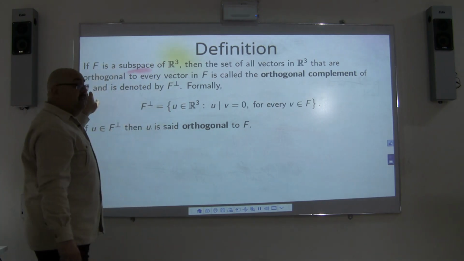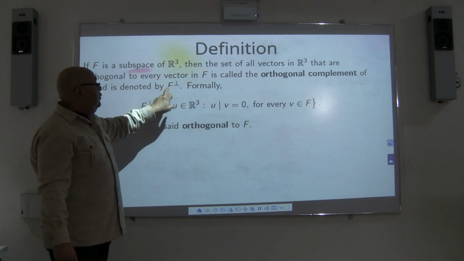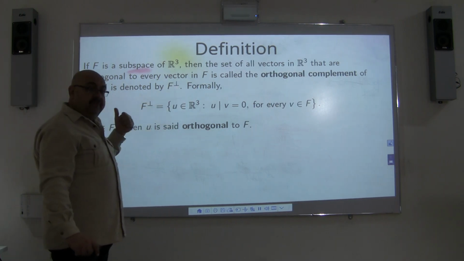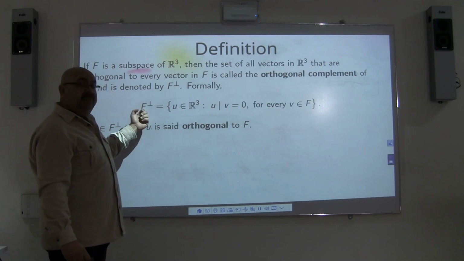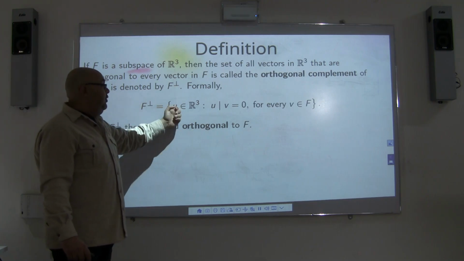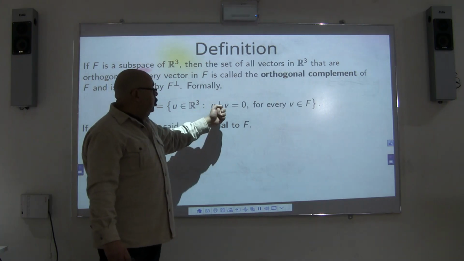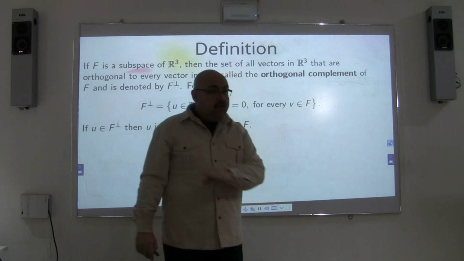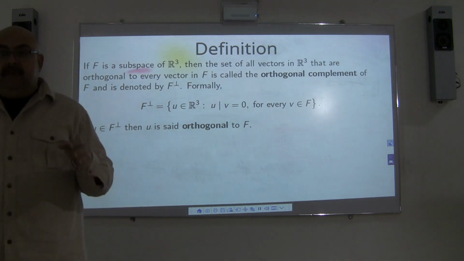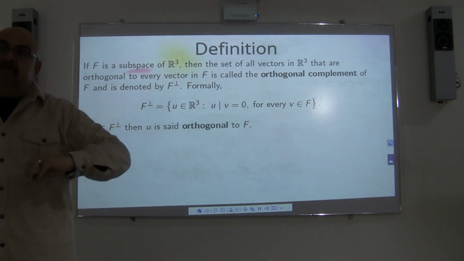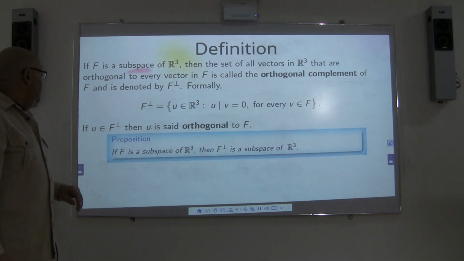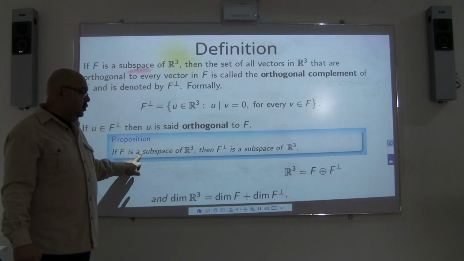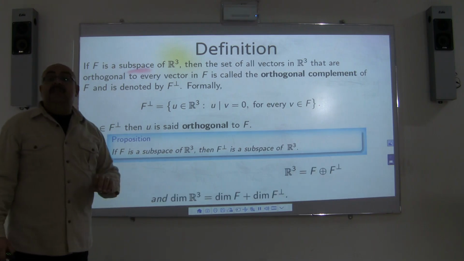So if I have F, it's a subvector space. F with the perpendicularity sign means the orthogonal complement of F. The orthogonal complement of F is the set of vectors U belonging to R3, such that U dot V is equal to 0 for every V belonging to F. All of them, they are the same. I'm getting an orthogonal set of vectors perpendicular on certain set of vectors. Okay, if F is a subspace of R3, then F perpendicular is a subspace of R3 also. Remember that, and this is really very important,